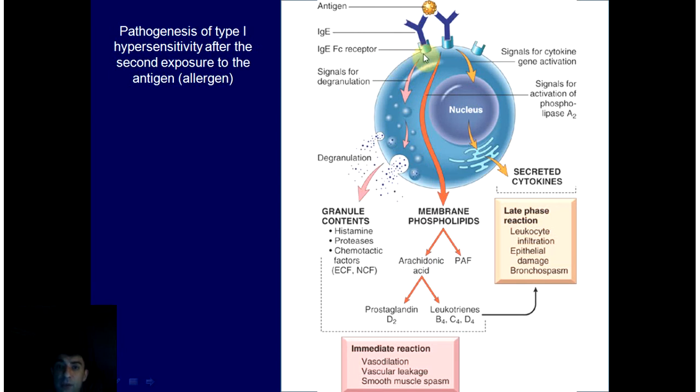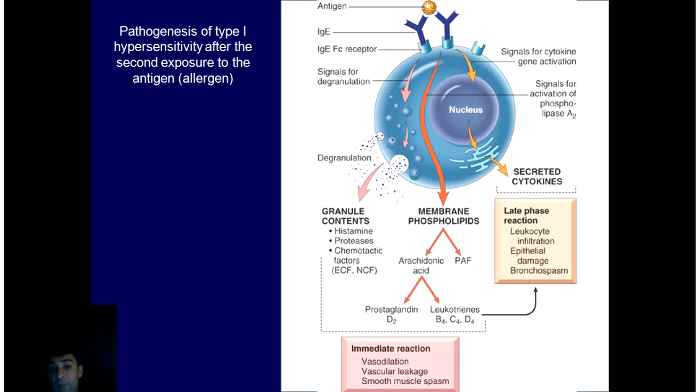First, it is shown that the antigen is binding two neighboring immunoglobulins together, which were attached with Fc receptor. This results in intracellular signalization for degranulation, which is usually calcium mediated, and it results not only in degranulation of already prepared substances like histamine, proteases, chemotactic factors for eosinophils, for neutrophils, etc., but also activation of phospholipase A2, which results in formation of new mediators, out of which is PAF, extremely active in terms of